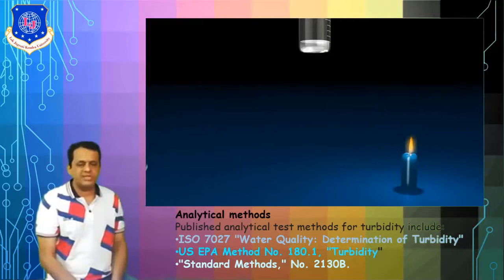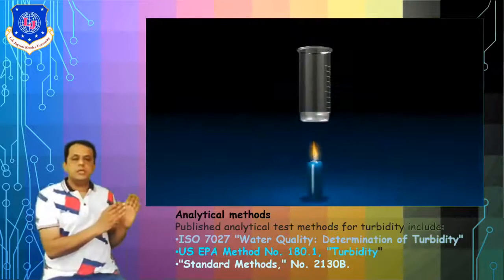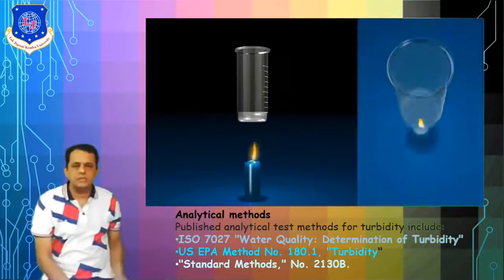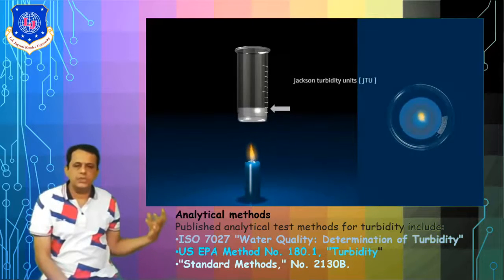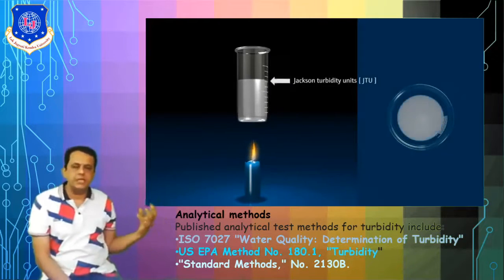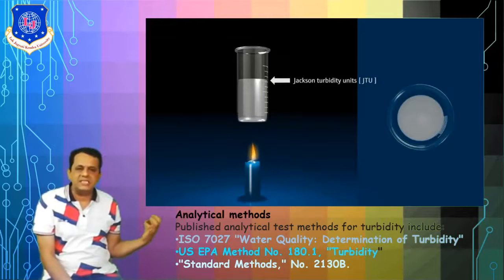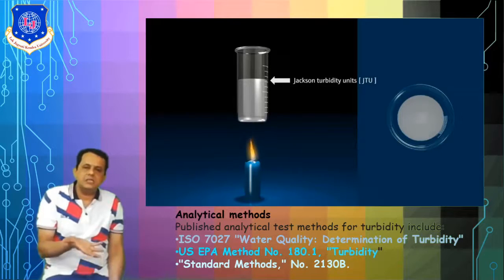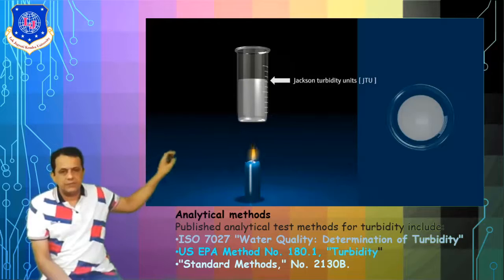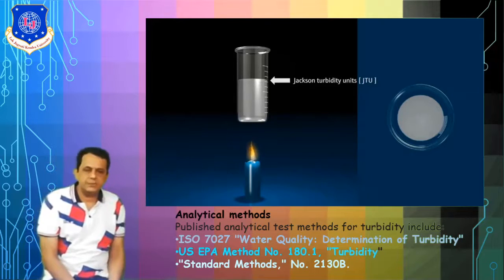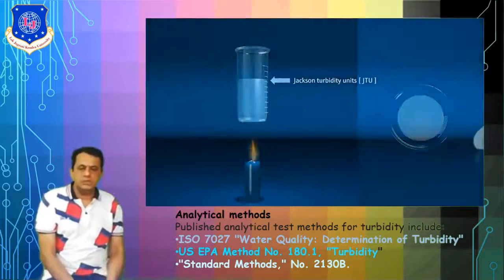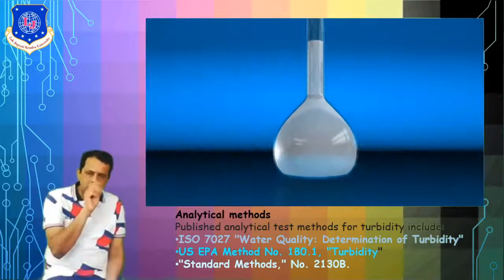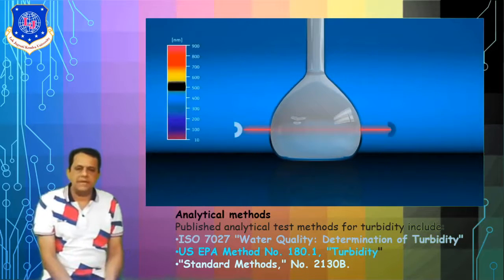So let us see what is happening here. This was an ancient method, somewhere around 1800, about 100 years ago. The liquid with the suspended particles is heated with a candle, and as the candle disappears from the top view, the particles reach a level that is measured in Jackson turbidity units, JTU. Now this was not a very good method, not practical and not accurate. So here we will have two methods.